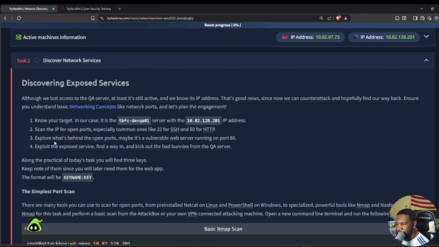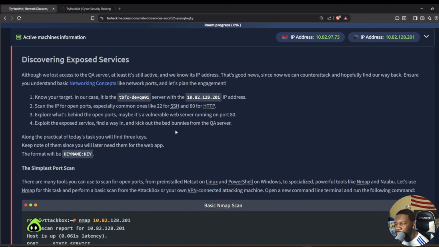So now they have 4 steps for us. Know your target. In our case, it's the TBFC Dev QA01 server with the IP address of this. Scan the IP for open ports, especially SSH and HTTP. Explore what's behind the open ports. Maybe it's a vulnerable web server running on port 80. And then exploit the exposed service, find the way back in, and kick out the bad bunnies from the QA